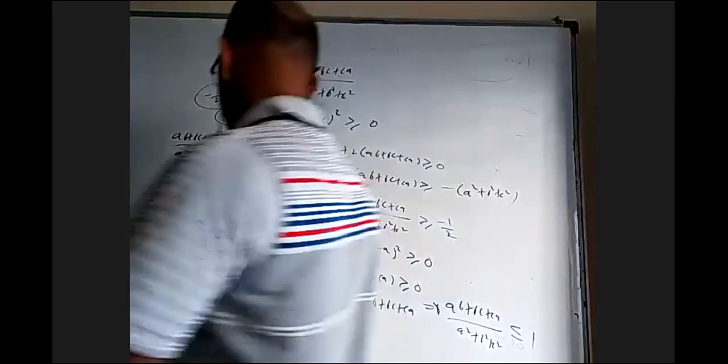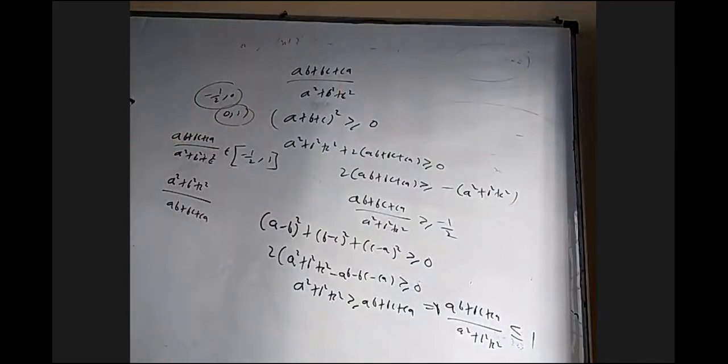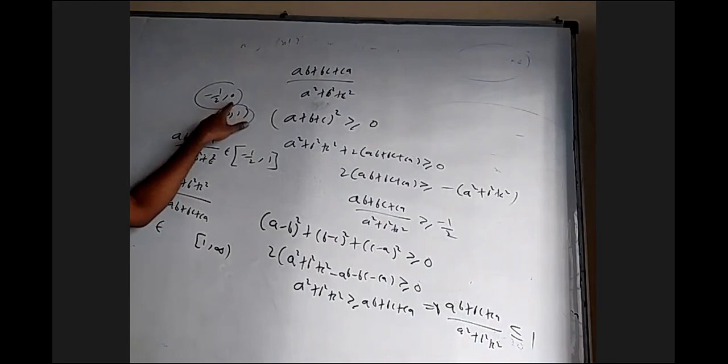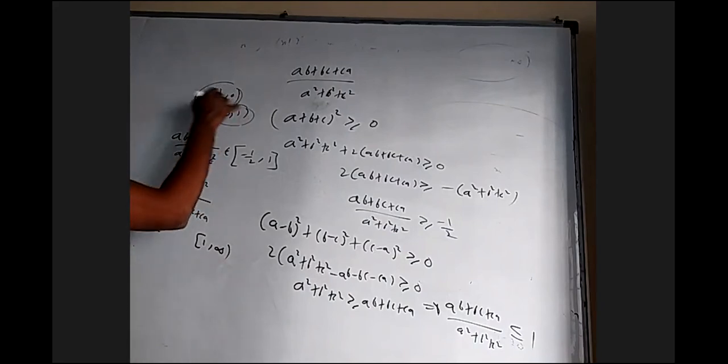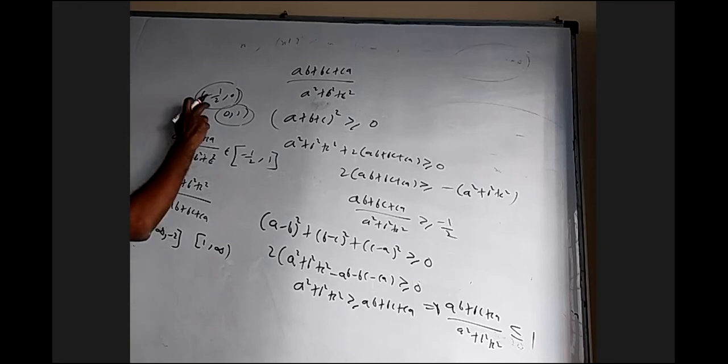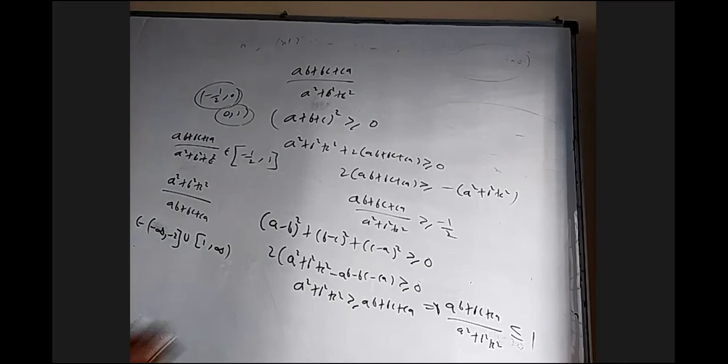If something is between 0 to 1, the reciprocal is from 1 to infinity, closed at 1 and open at infinity. And if you take anything between minus half to 0, all negative numbers, and everything is open, let us say, the reciprocal is from what to what? Minus infinity to minus 2. So you'll get minus infinity to minus 2 closed because this is closed. Similarly, 1. So this is the range: minus infinity to minus 2 union 1 to infinity.